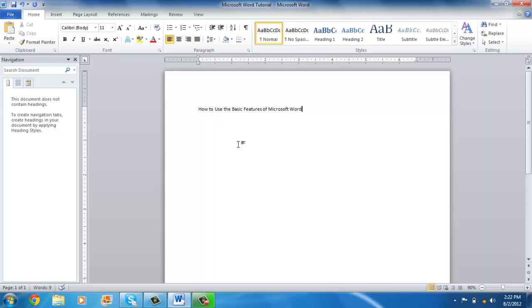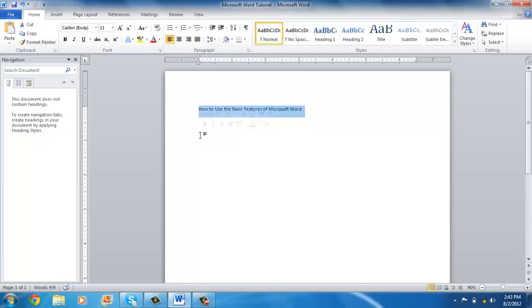To edit any text that you put into Word, you'll need to highlight it. To highlight your text, what you'll need to do is click the space to the right of the last word that you typed, like that. Click and hold and drag until all of the text is highlighted. Then you can release your finger from the cursor. Be aware that if you click into the document while your text is highlighted or selected, it will become deselected like this. So once you've highlighted,